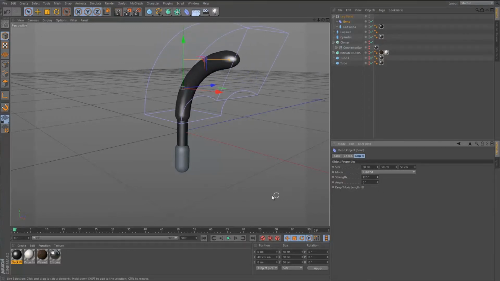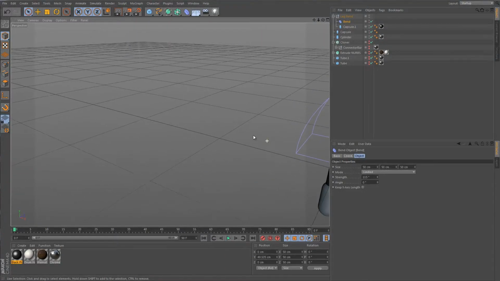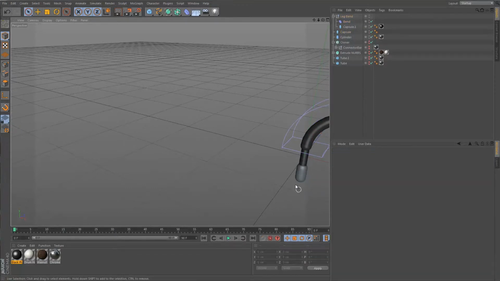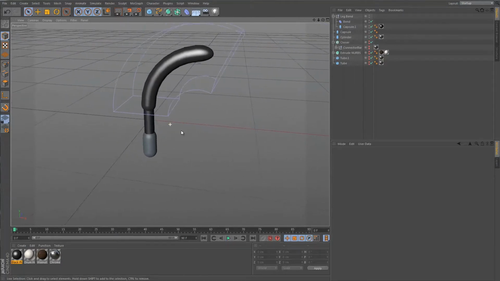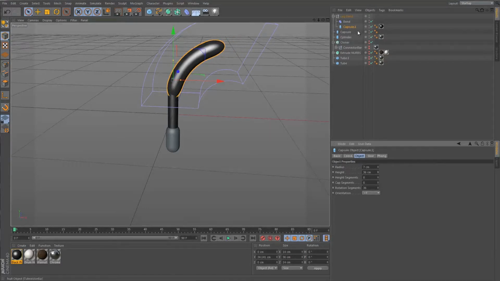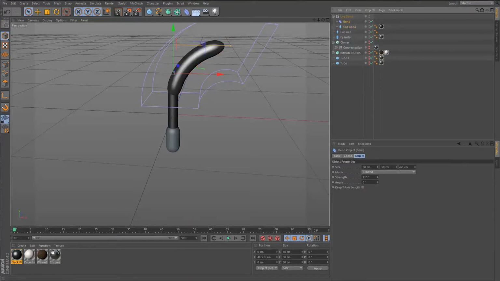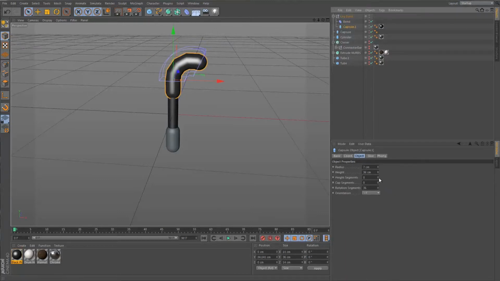And that's going to be a little too much, I think. Okay. So let's grab the capsule. We'll make it shorter. And grab the bend deformer. Actually, if we make the height of it not as tall, maybe that'll help too. Yay. There we go. Let's grab that capsule, add a few more segments to smooth it out,